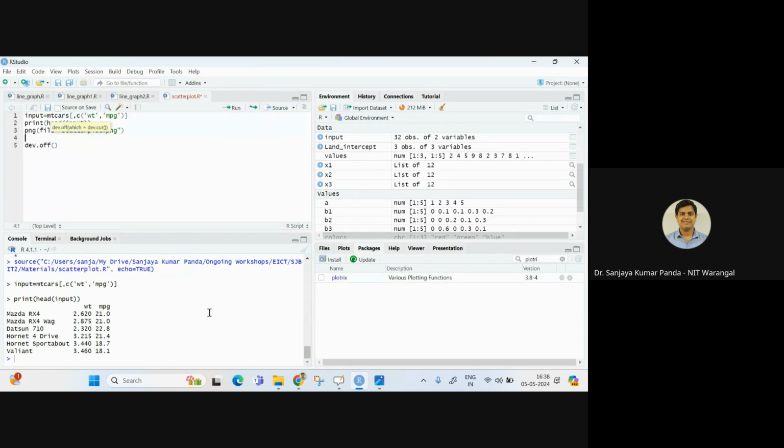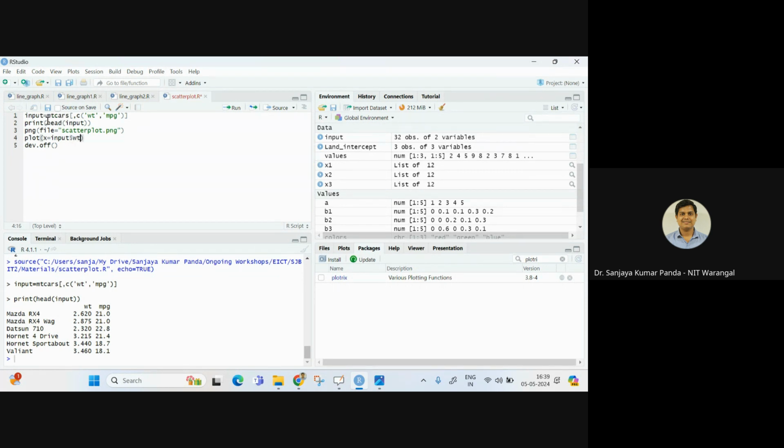In between I have to write the code for scatter plot. Scatter plot also uses the same function, that is plot, which we have seen earlier. So in x-axis, I want to plot input. Input is our data set, right? Where all rows are there, and two columns of the mtcars data set, WT and MPG. So x is equal to input